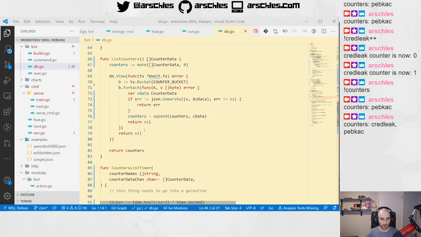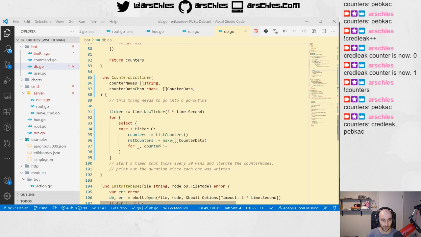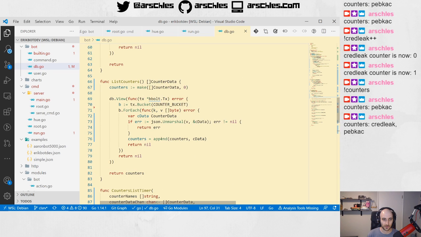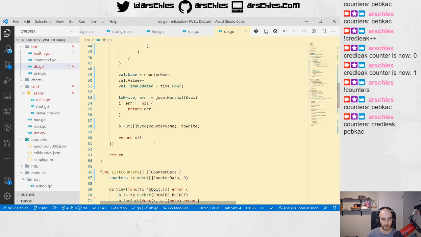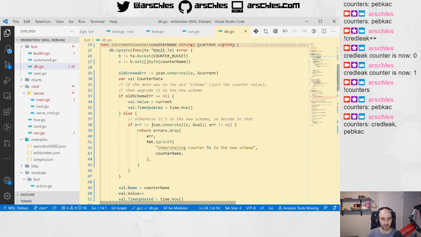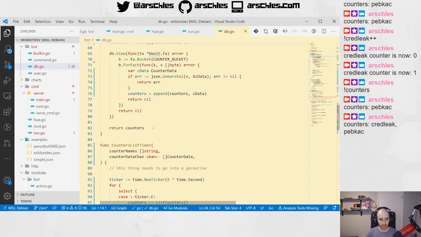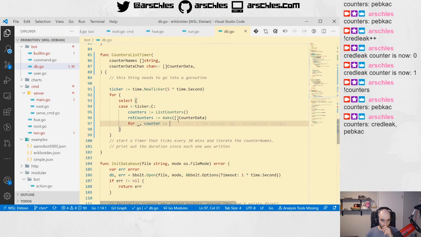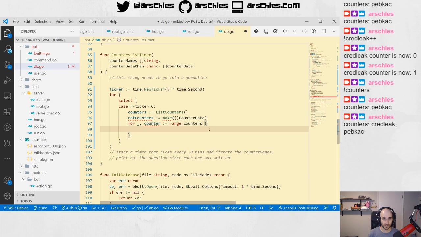Yeah. Okay, so list counters returns the counter data that has the name in it. Increment counter just returns the counter value, and it deals with counter data. So in the list timer, we're going to range over counters, and we're going to do an if counter.name equals